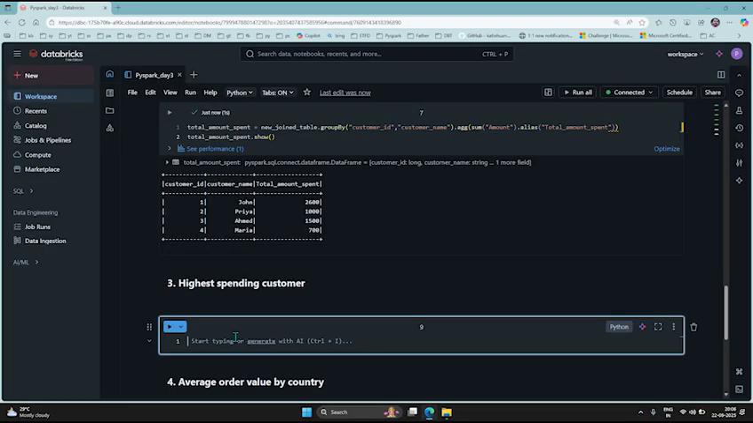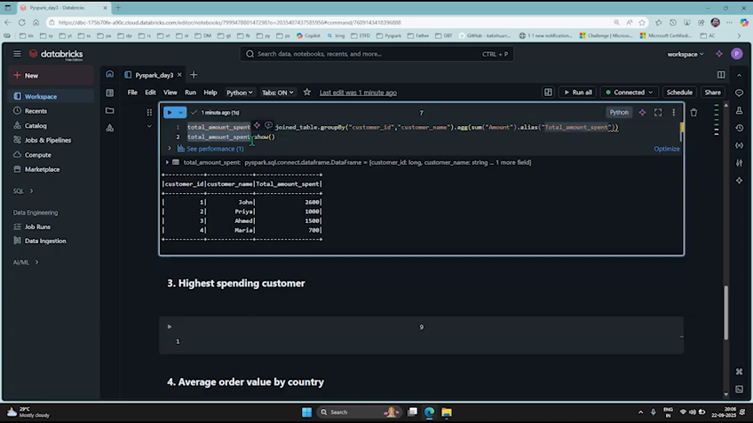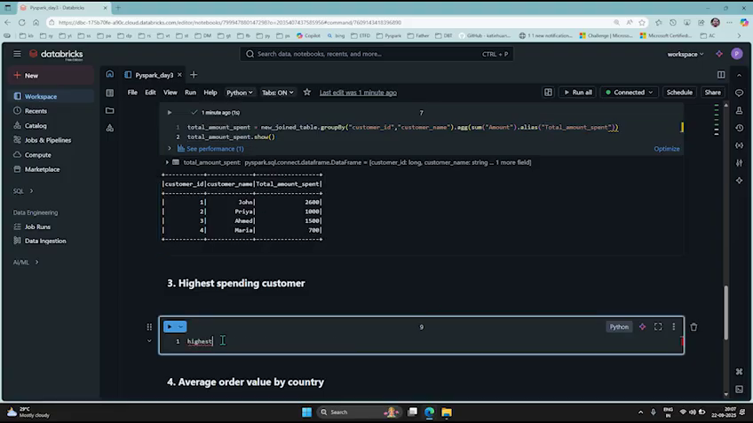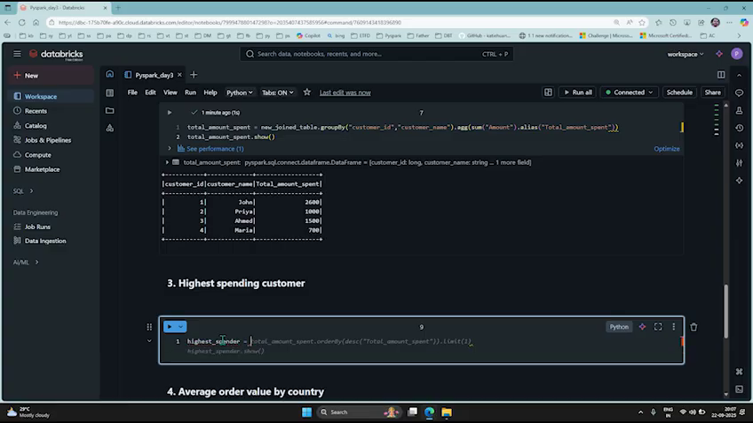So we have to find the highest spending customer in our third question. So in order to find that, we need to order by from highest to lowest based upon the total amount spent. So what I shall do, I shall take this particular total amount spent data frame, and I can use it here. For example, I'll write highest spender is equal to, I can take this particular total amount spent data frame. I can simply write order by,